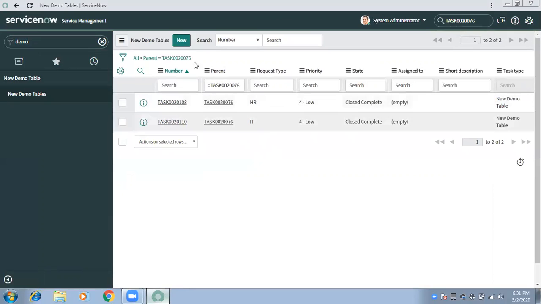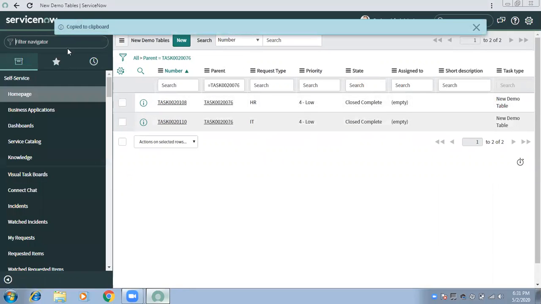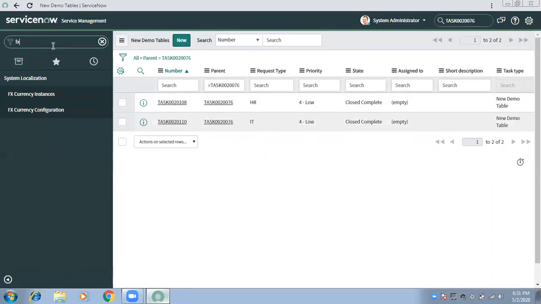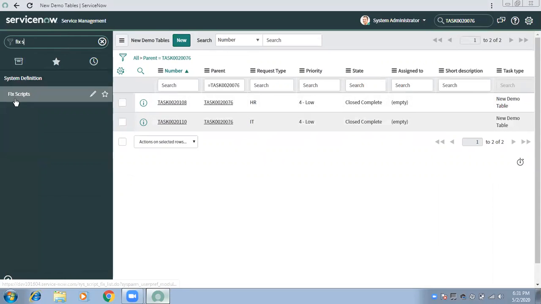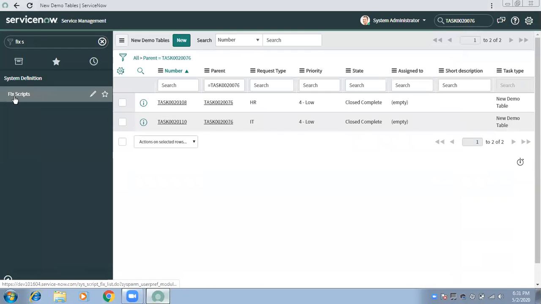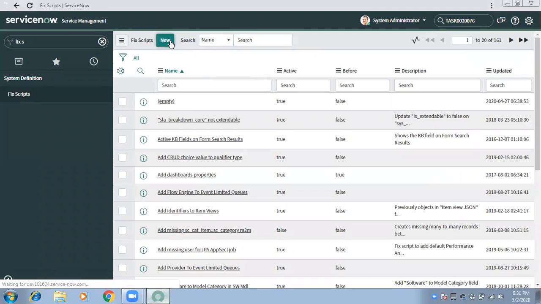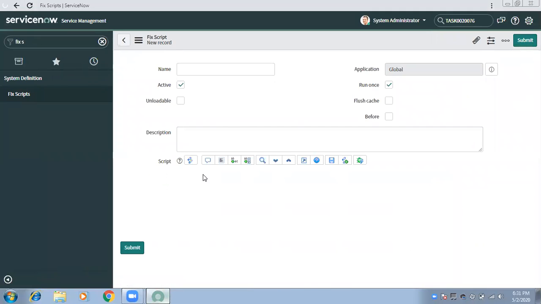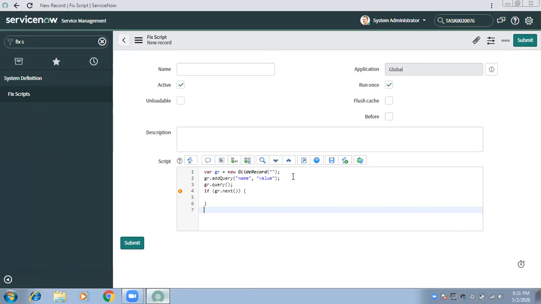So let's say I just want to delete these records. I will copy this query and go to fix script. Again, to delete, I need to use the GlideRecord class.